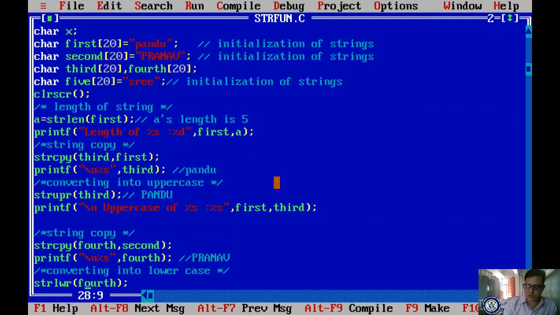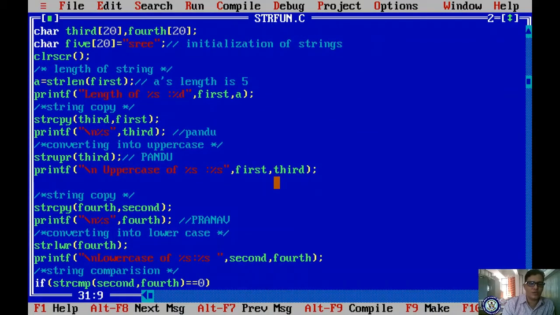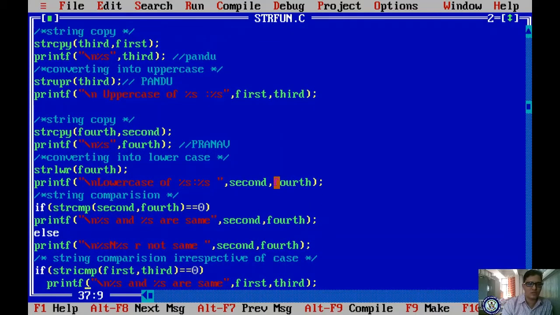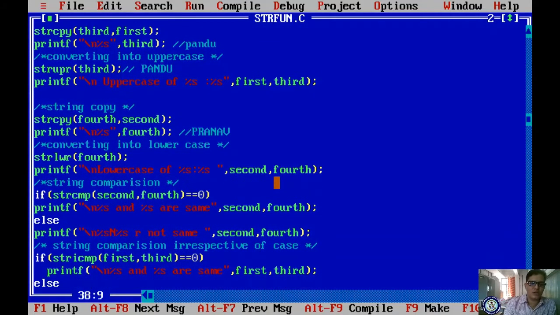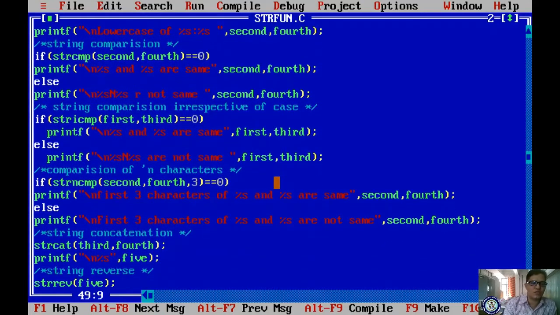The function strlwr is used to convert the string into lowercase. And second and fourth, comparison, you are comparing the strings. To compare the strings you have to use the strcmp function, and here stricmp is there and strncmp is there. It is similar to your strcmp function, okay.